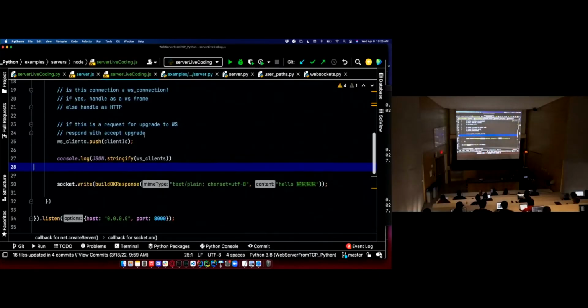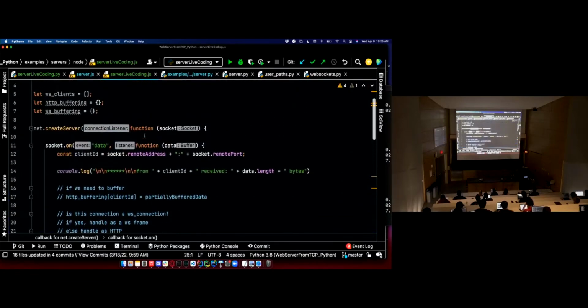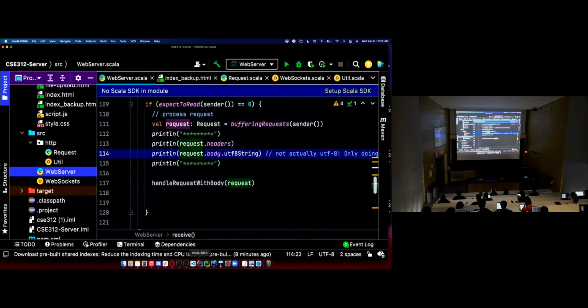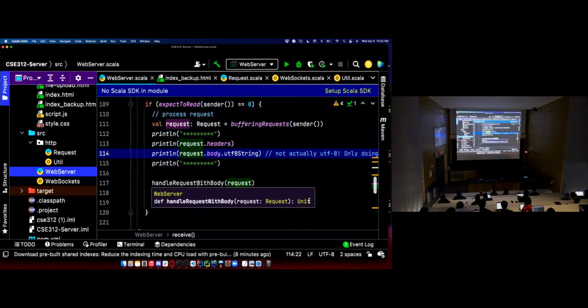Yeah, there's nothing else I want to say about JavaScript since nobody's really doing it. But that's the idea of the data structures. This is what I wanted to focus on Monday, and what I want to focus on today: how to set up those data structures to be able to remember that this is a WebSocket connection. Just a little bit different setup for JavaScript and Scala. Oh, we burned through two languages today, technically. You can tell I gave a lot more detail to the Python example.